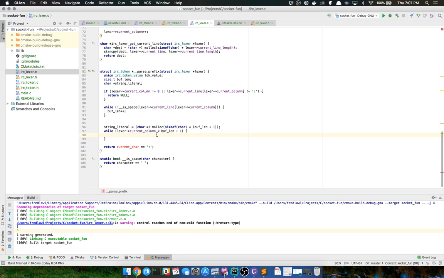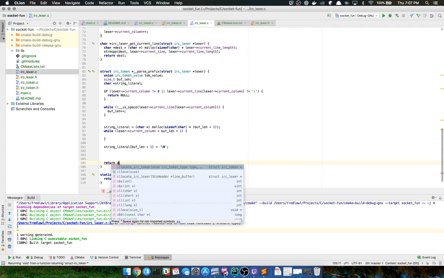So I will do just that. String literal buff lane +1 equals that null terminating character. And then what we're going to do is return that token value. So token value, and then we're going to assign that. Oh, we're returning a token. My bad.